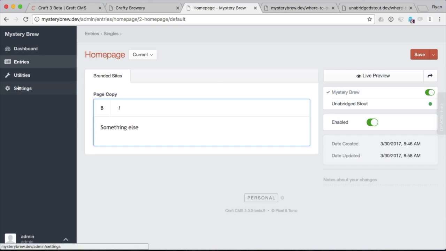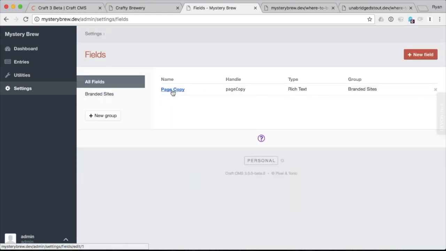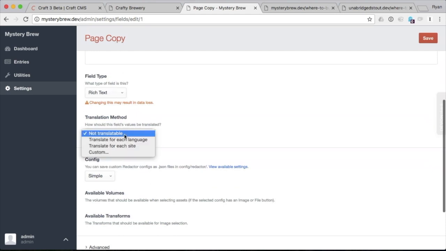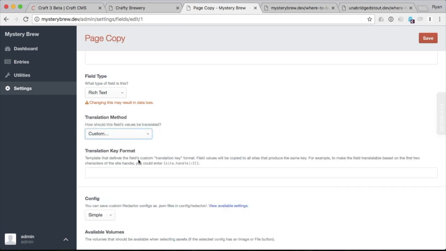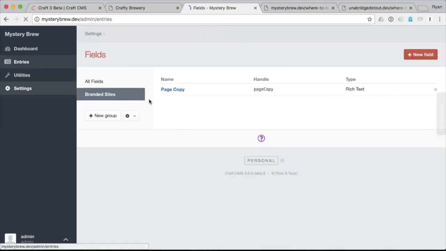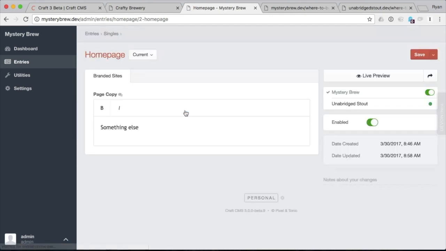Well, let's go into our settings again. Go into our fields and go into page copy, our field. And this translation method here, we want to translate for each site. There's also the option to do custom, but we will actually want to translate for each site. So we'll save that. And now when I go into my entries, let's say I go to the home page,